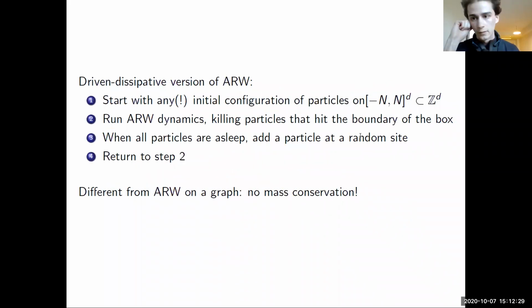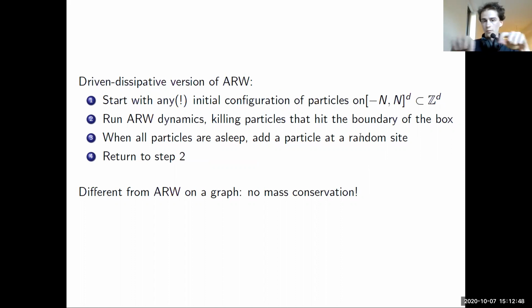So what version of activated random walk does this? Yeah, I was saying this driven dissipative version. So what's that? It's basically the same as what I told you for an infinite graph, but now I'm going to run it on a finite graph, and I'm not going to have mass conservation anymore. I'm going to kill particles that hit the boundary